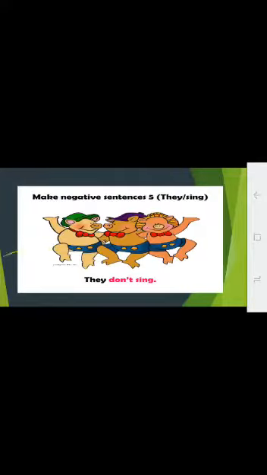With I, we, you, they it is don't, and with he, she, it it is doesn't. We have to remember this rule. Then again, they don't sing. Then for a question, what will we do? We will bring the helping verb before the pronoun. Does she like my work? It's a question mark. The image is thinking. Does she like my work? Okay. Then here, there is a question mark on the head and the face looks sad. Is she sad? Again the helping verb is before the pronoun.